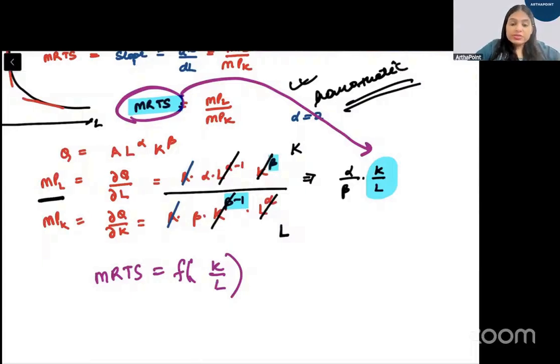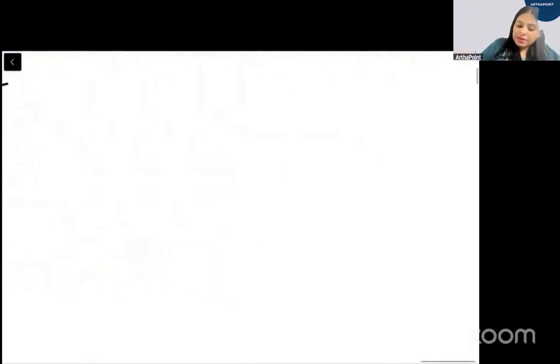What is a homothetic production function? So a homothetic production function is any production function such that when I pass a ray through the origin, the slope remains unchanged, right? The slope remains unchanged. These isoquants, they are radial expansion of each other. क्या मतलब है इसका? मतलब अगर मैं